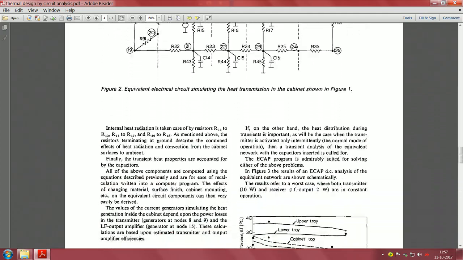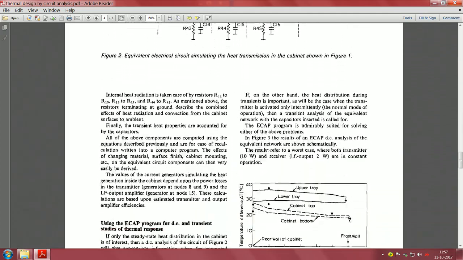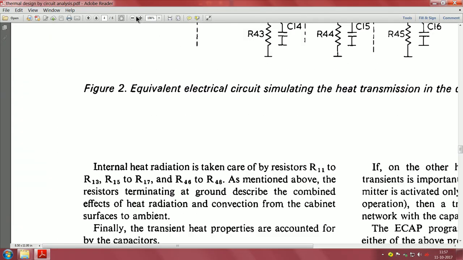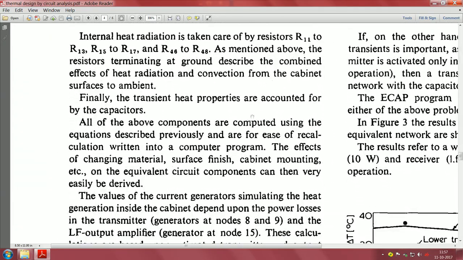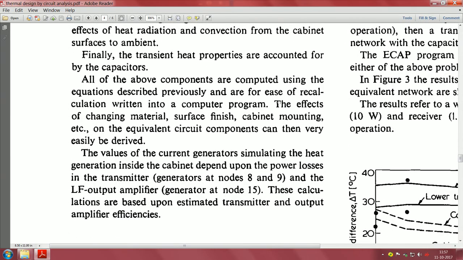Having gone through this, resistors at ground describe the combined effects of radiation and convection of the cabinet. Transient heat properties are accounted for by the capacitors, computed using the equations described previously, and for ease of recalculation written into a computer program. The effects of changing material surface finish and cabinet mounting on the equivalent circuit components can then very easily be derived,